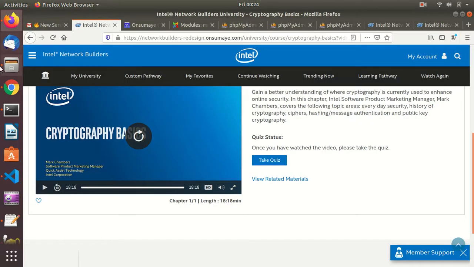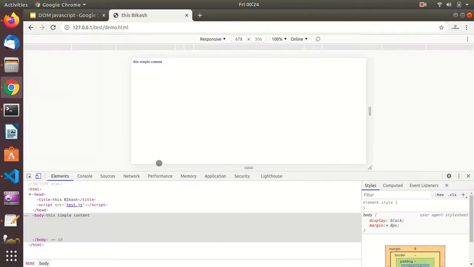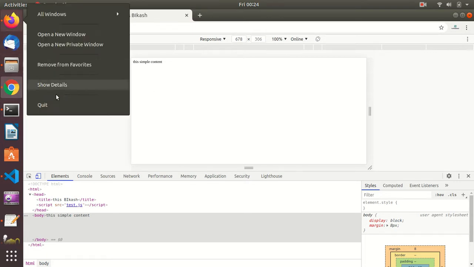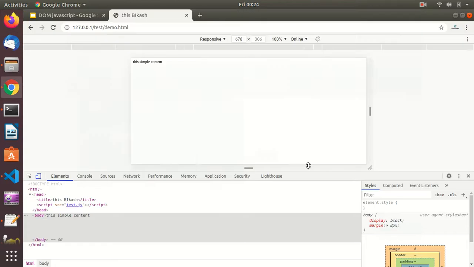One thing I need to clear for you. I'm sorry, I'm opening other windows, so I have to close this window. It is always opening and distracting you. So I will show you what exactly it is.